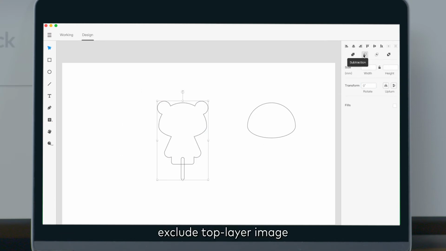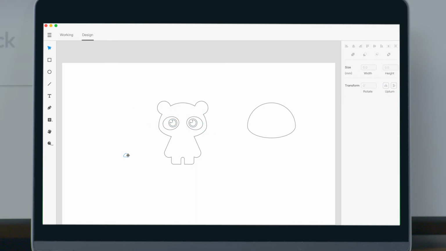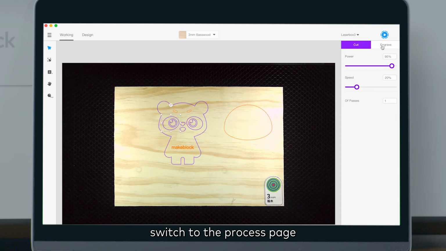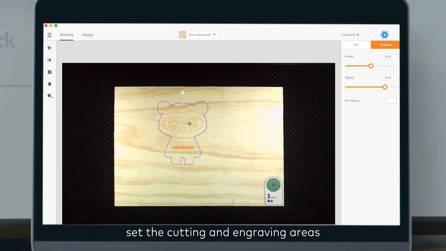exclude top layer image, insert text, change the font, switch to the process page, set the cutting and engraving areas,